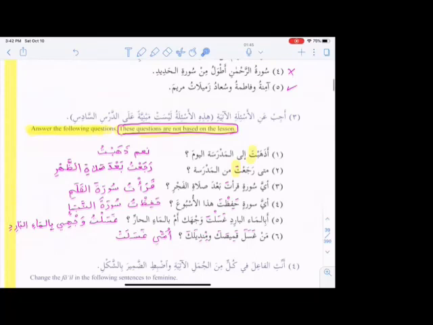Fine. Now here is another question, but the thing is that these questions are not based on the lesson. They are not related to the lesson. So you can think in order. Okay. Azhabta ilal madrasati al-yawm? Azhabta means you're asking somebody who is masculine. Naam, zahabtu. Yes, I went. Mata rajata min al-madrasati? Rajatu ba'da salatil zuhri. Ba'da salatil zuhri.